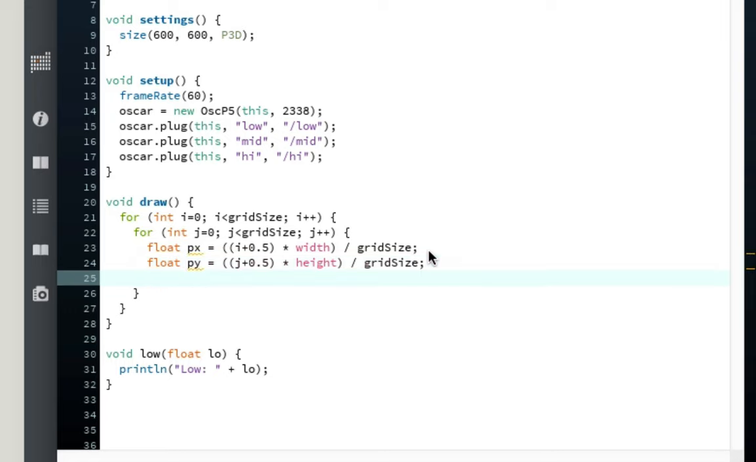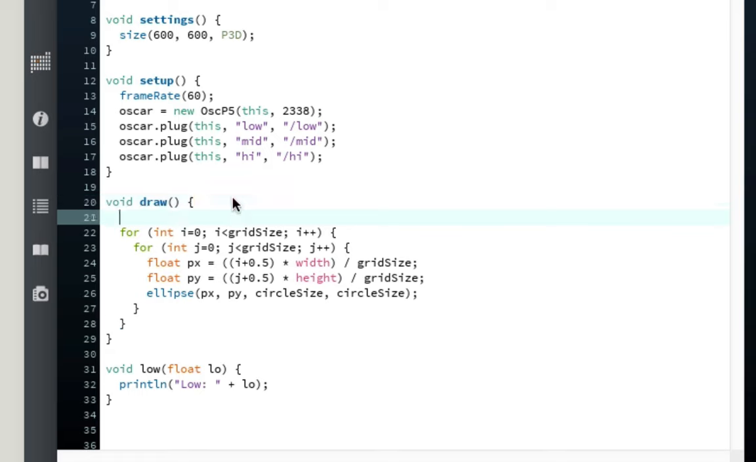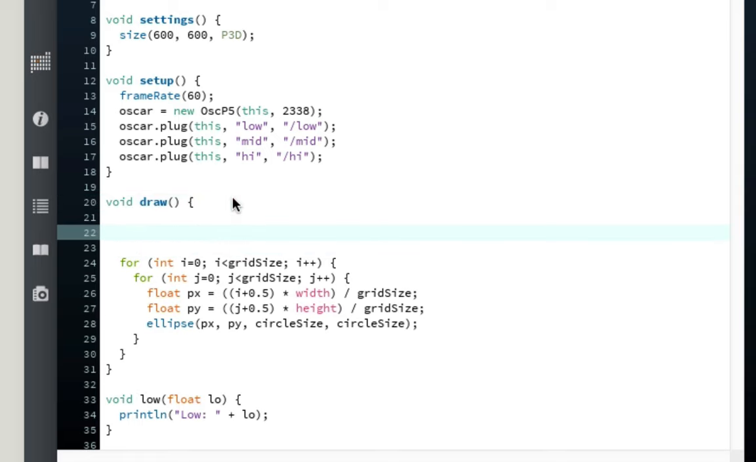And then finally we'll actually draw the circle. Another name for circle is ellipse. px, py, circleSize. Very exciting. So this is going to draw that circle in a big grid. And so, of course, we also need to set the color of the circle. So first we set the background color. So we'll do background,